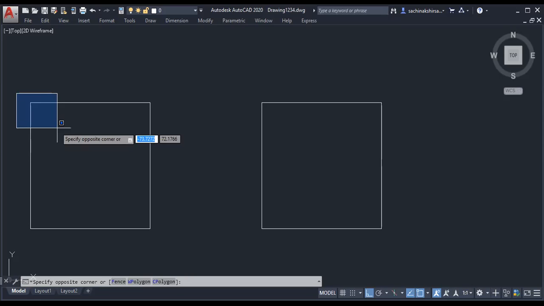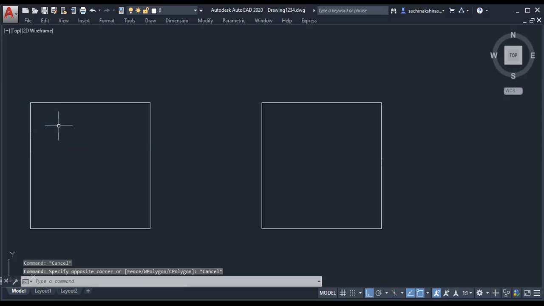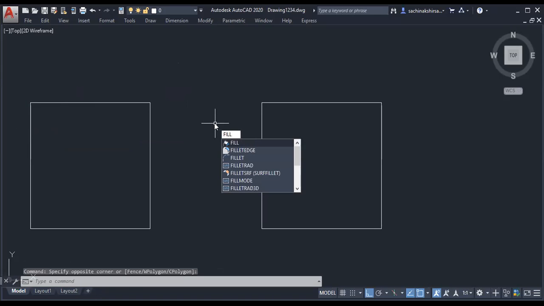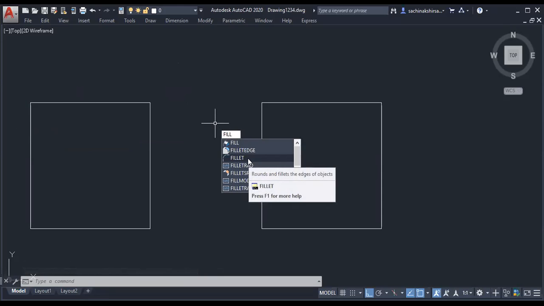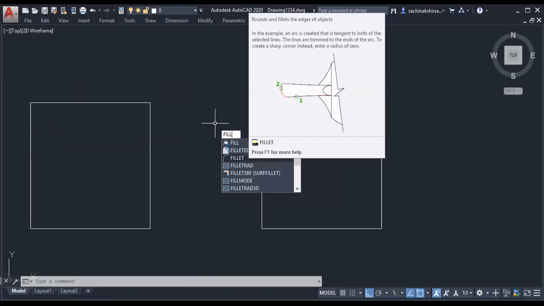When we want to make that sharp corner smooth, the chamfer and fillet commands are used. Very important. Why are fillet and chamfer commands used? To convert a sharp corner into a smooth corner. Now first let us see fillet. The shortcut is, you have to type it as it is. There is no shortcut. So you have to type fillet.